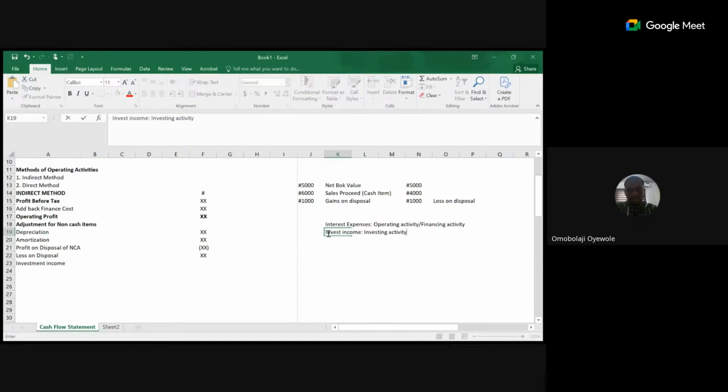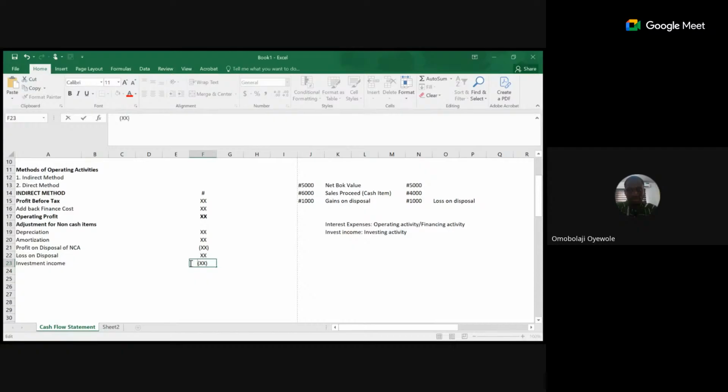So for me to treat this investment income appropriately as an investing activity, I have to net it off, since it has been used to increase revenue on the income statement. Then what I'm going to do is deduct it so that I can